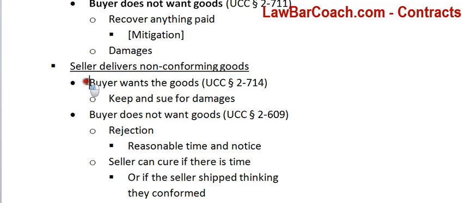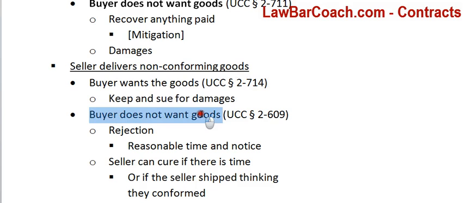Now, what if I want to keep the goods? I said, well, they have the wrong team on them, but they are going to play that team potentially sometime in the future. I'll just put them in storage. This isn't convenient, but whatever. I can keep them and sue for damages. After all, they were incorrect. They were wrong. They were non-conforming. Now I have to hold on to them. I don't know how much I'll ever get for them. Let's sue and get damages.